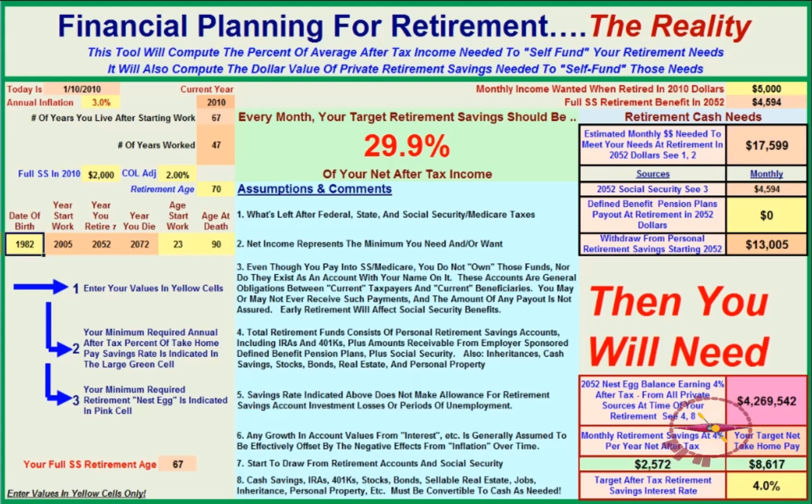We haven't changed any of our basic values, so the model still predicts that we need to save 30% of our after-tax income to meet our retirement needs. However, we thought that we would need $5,000 when we retire in 2010 dollars. Allowing for 3% inflation, that means we're going to need almost $17,600 per month to give us the same purchasing power. The Social Security benefit we'll receive when we retire, increased by annual cost of living adjustments of 2%, will be